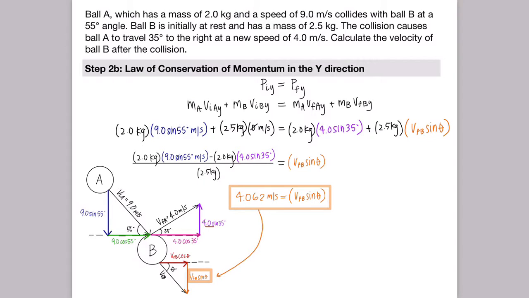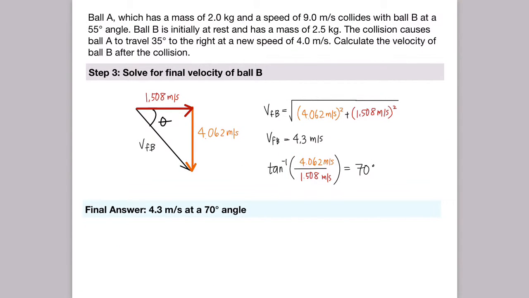Once you find the x and y component of velocity, after using the conservation of momentum, you use the Pythagorean theorem to find the resultant vector of velocity of ball B after the collision. 4.3 meters per second due to sig figs. But since velocity is a vector, you also need to find the direction, which is the angle at which ball B bounces off. You take the inverse tangent of the x and y component of velocity to find the angle,